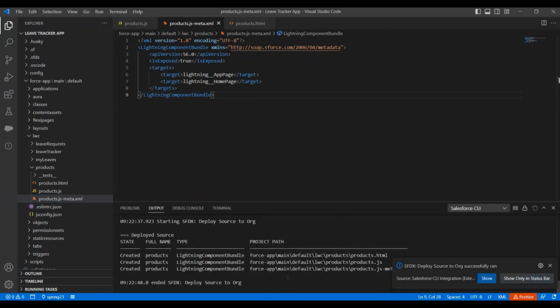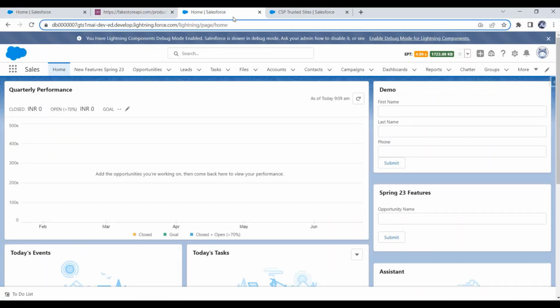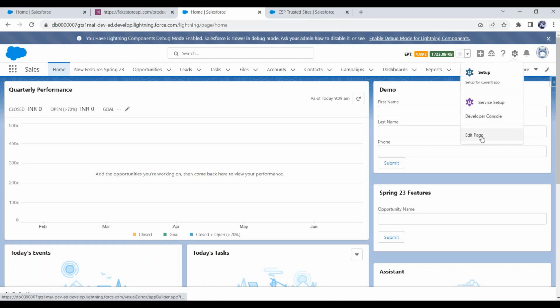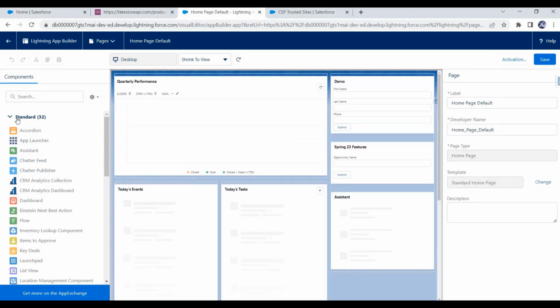Deployment is done. Now let's open our org where we have deployed this component. Okay. Now I'm in my Salesforce org. So let's add that component here on home page. So let's click on this gear icon and again click on edit page. And now we are in app builder interface, and here in left top section you can see all standard components,